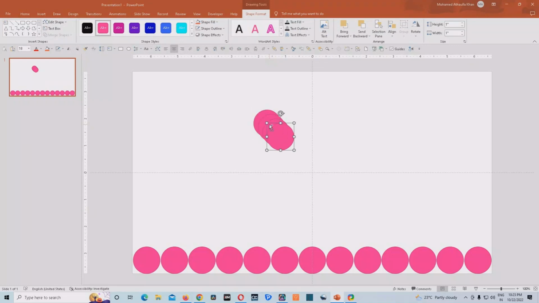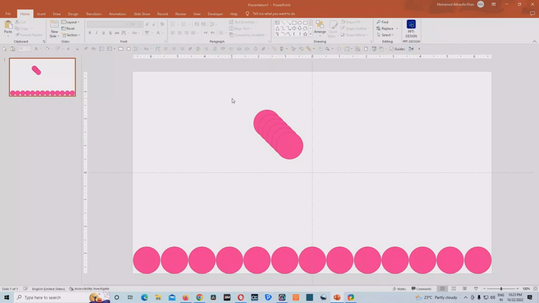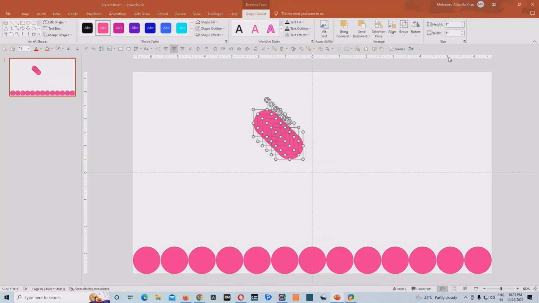1, 2, 3, 4, 5. Okay. So what we'll do, we'll just select all these six shapes over here, and then we'll go to the shape format, come to the alignment option, and then we'll click on align to right. Okay. All these shapes will get aligned to the right of this slide,